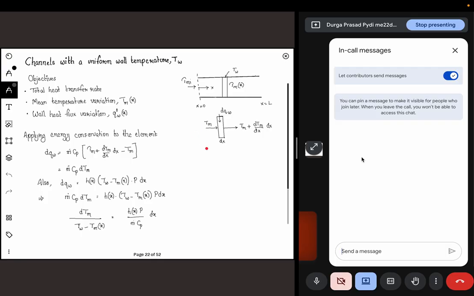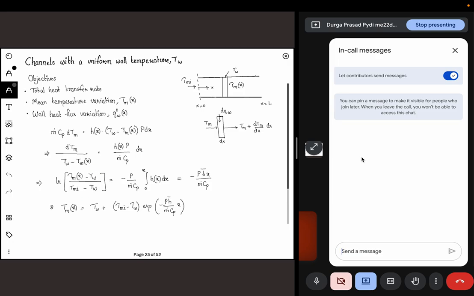here we'll start with taking an arbitrary elementary volume, where you have dQw that is coming from the wall, and the fluid is flowing. So here it will be Tm, and it will change to Tm plus dTm by dx times dx. If I apply an energy balance, whatever is coming in should be absorbed by the fluid. That is, m dot Cp times dTm should be equal to dQw. But we also know that dQw comes from the other side, because of the heat transfer, and we have defined the heat transfer coefficient in such a way that h times (Tw minus Tm) times the area, which is the total perimeter times dx, should be equal to dQw. And now if we equate these two terms, we can write it in this way, and if you integrate it,